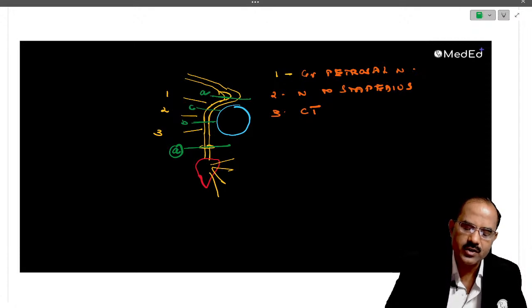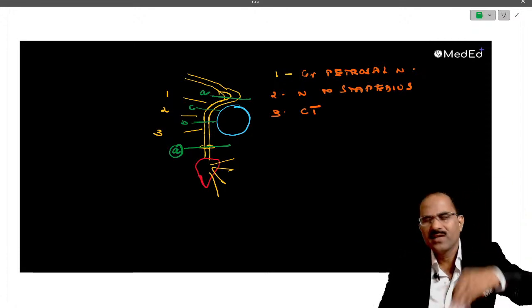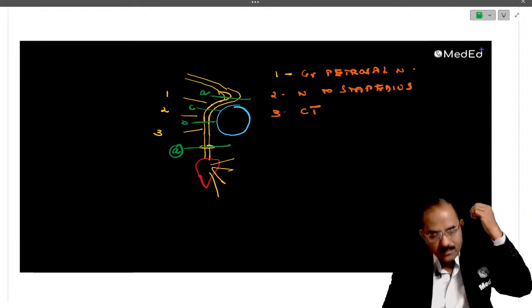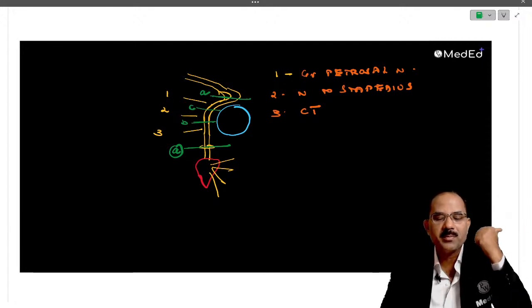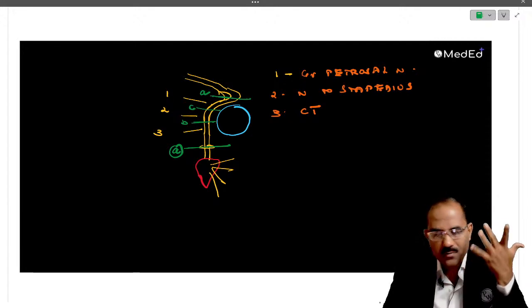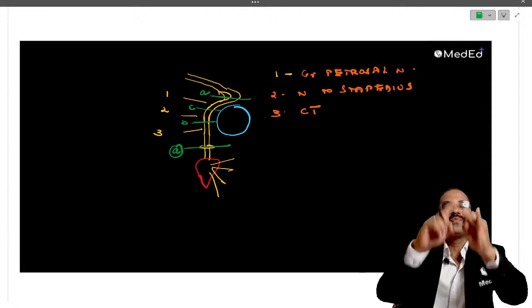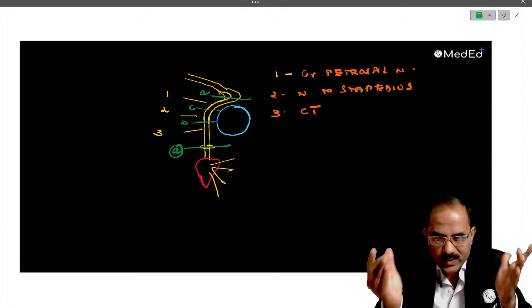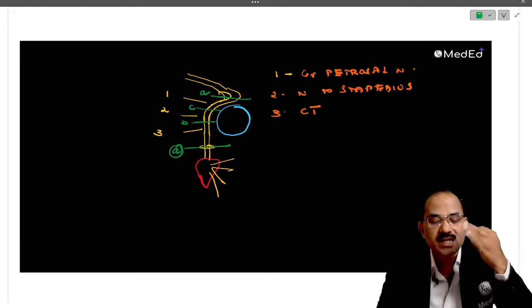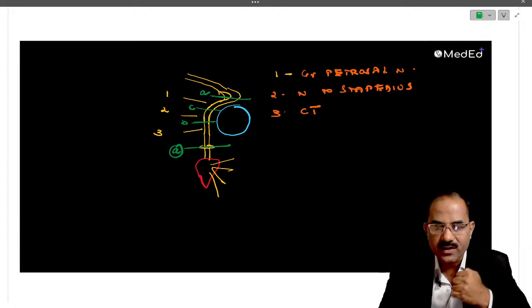And if there's a lesion here, just after the genu, all the nerves are involved. The greater petrosal is gone. Nerve to stapedius is gone, the chorda tympani is gone. In addition, the person will have Bell's palsy. So what will the person complain of? Number 1 is Bell's palsy. Number 2 is hyperacusis. Number 3 is loss of taste sensations from the anterior 2/3 of the tongue and